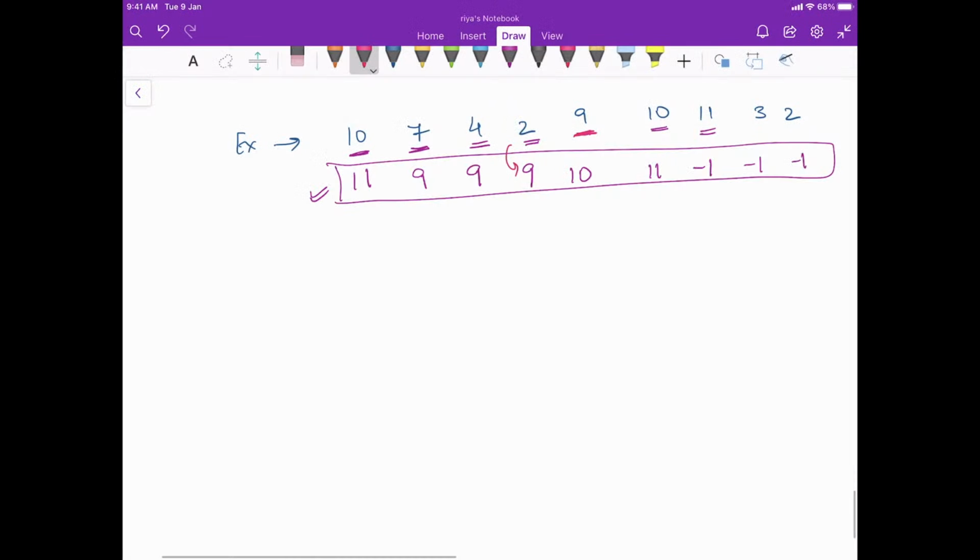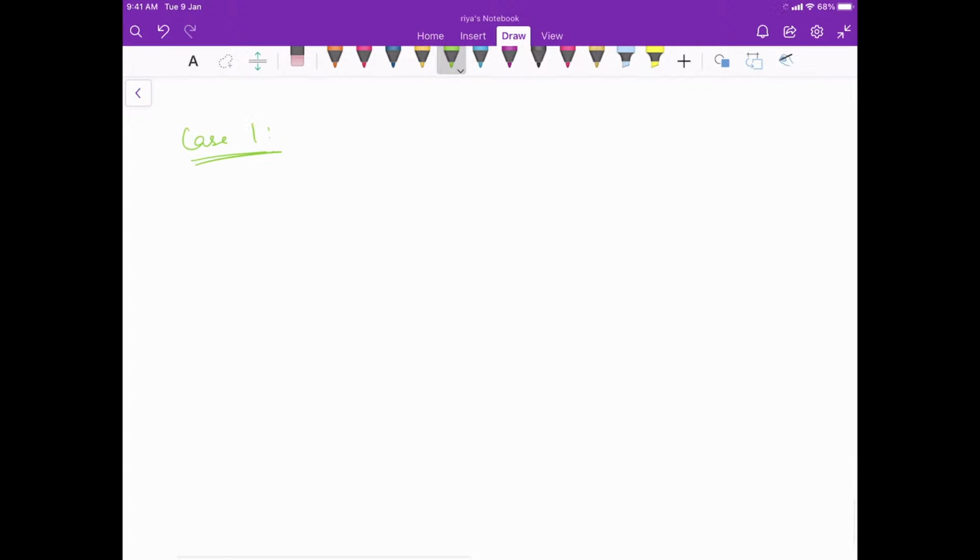Let me present those cases to all of you. Case 1. Now I want everyone to focus here. Right, now tell me if the array would have been this, what will be the answer?